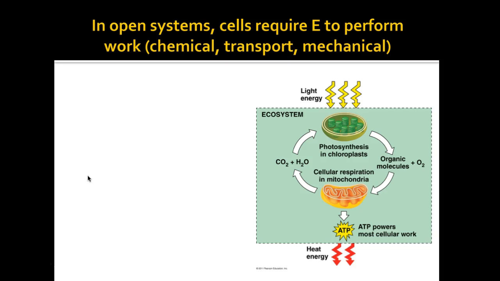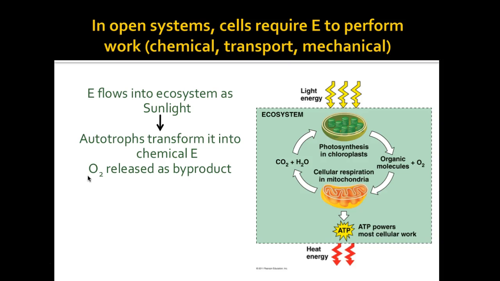In open systems, cells require energy to perform work: chemical, transport, and mechanical work. So in order to do that, we need to have energy. And we know that energy flows in the ecosystems from sunlight. That solar energy is harnessed by plants in the chloroplast. And ultimately, they'll use photosynthesis to transform it into chemical energy, and oxygen is released as